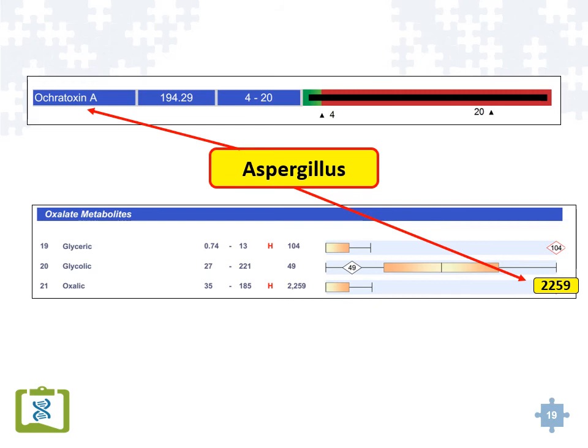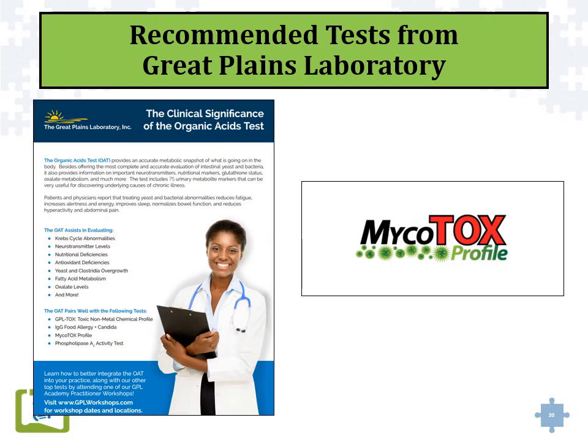Aspergillus mold is also a producer of oxalic acid, or what's also called oxalate. So people who have oxalate issues, another common problem in autism, should be assessed for mold exposure, and the mycotoxin profile complements a lot of the information we see on the organic acids test from Great Plains Lab. So the two tests actually go very well together, the organic acid test as well as the mycotox profile. A lot of information can be obtained about metabolic imbalances, as well as the metabolic imbalances that could be occurring because of mycotoxin exposure.